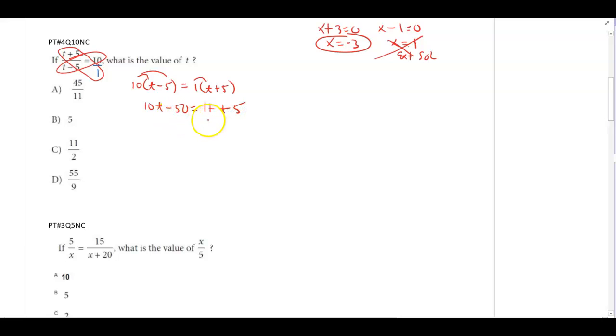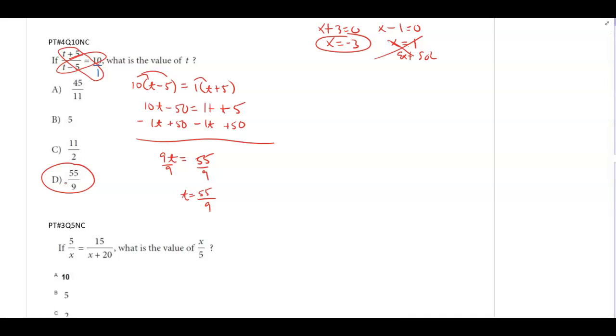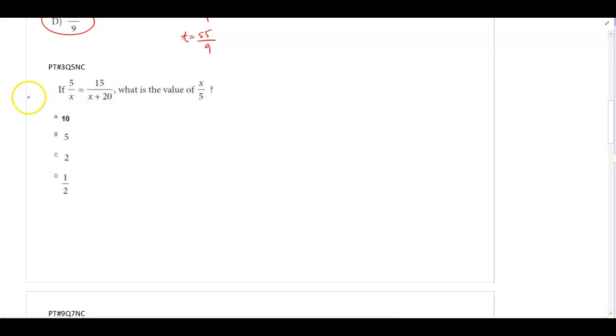5. So now I can solve this equation. This is much easier. Subtract 1t, add 50, I get 9t equals 55. And when I divide by 9, t is equal to 55 over 9, which is letter D. Again, with these guys, I'm telling you right now, these are all no calculator questions. And they don't make it easy to plug the answers back in, right? So even when they do, the next example shows you that it's not possible, because if I look at this,